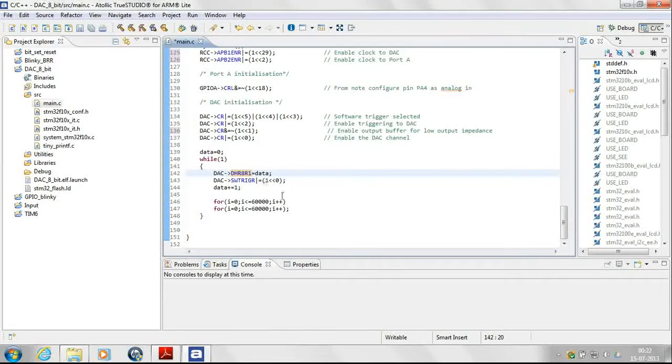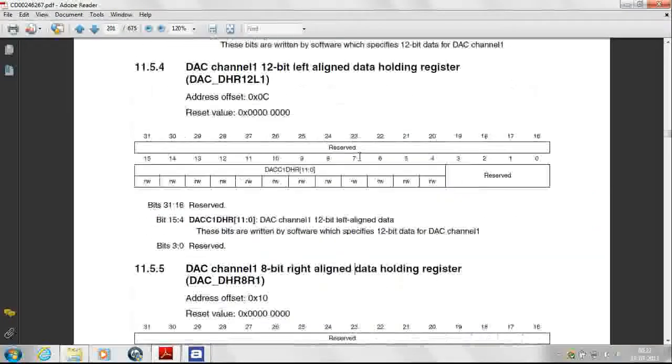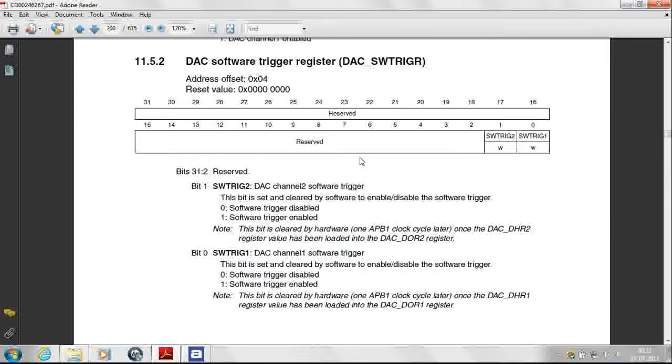After this is done, we have selected the software trigger. For the software trigger, we have another register over here, with 2 bits associated with it, one for each channel. We are using channel number 1. Writing 1 to this will start the conversion, and once the conversion is complete, the bit will be reset.